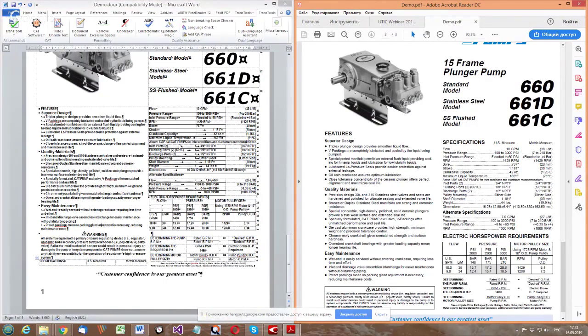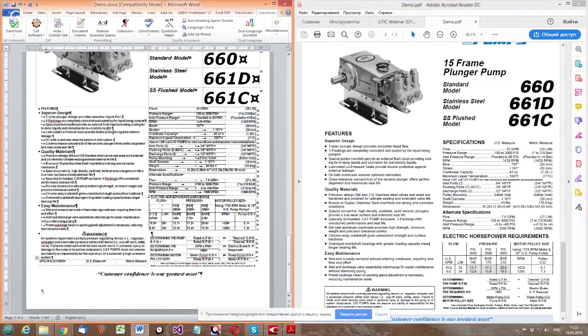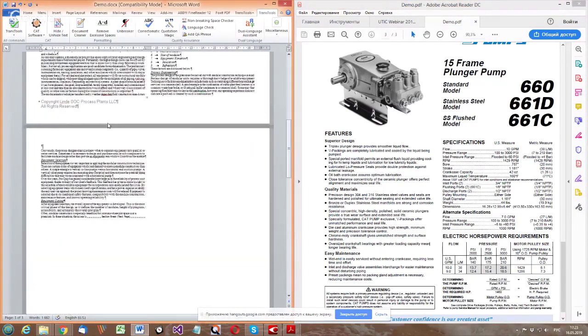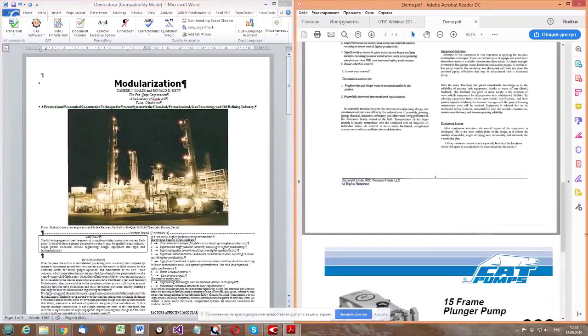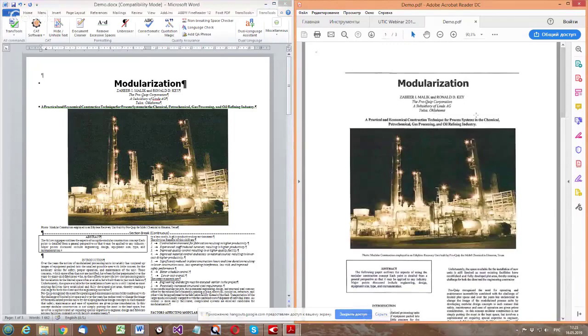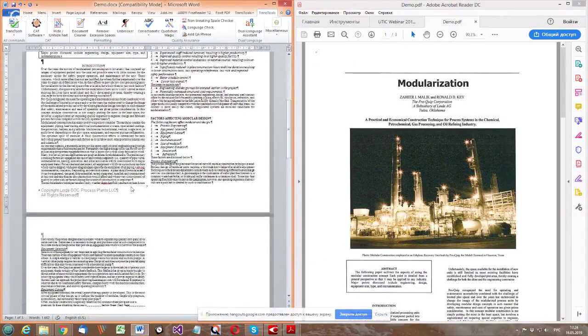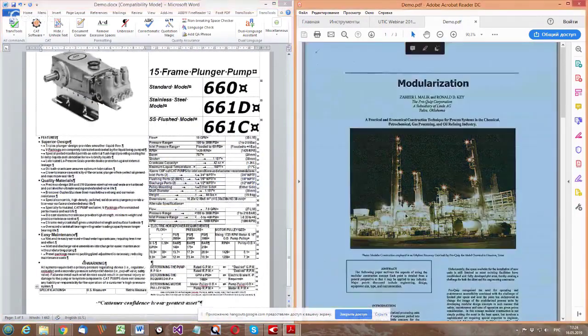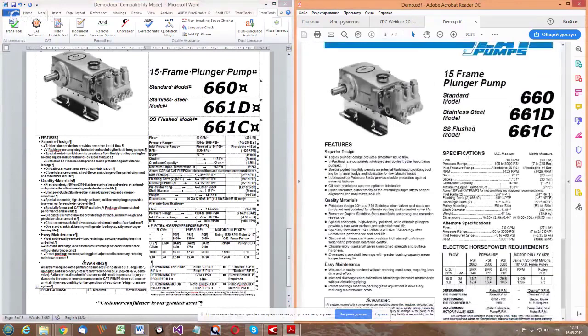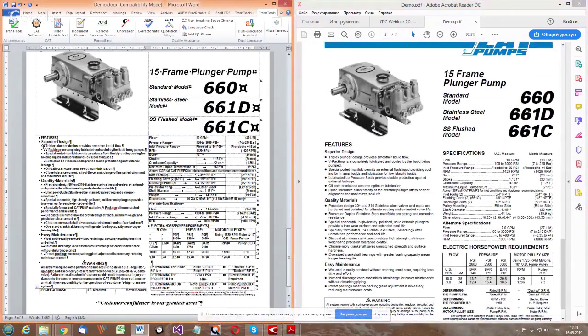And finally, in step number 9, we have to check inline formatting against the PDF. Inline formatting is bold, italics, and underlines. So I also check each page against the PDF. Here I don't see any additional bolds. On this page, yeah, I should remove the bold formatting.